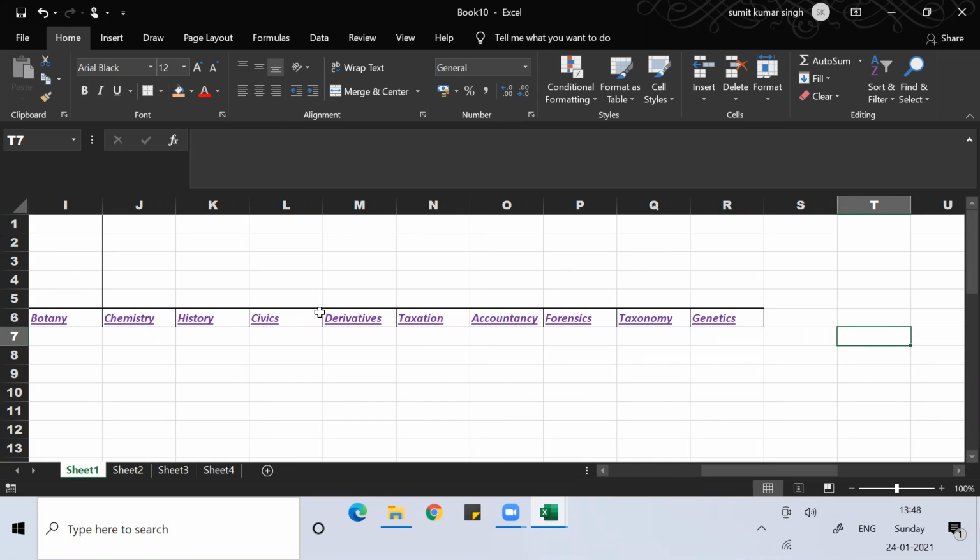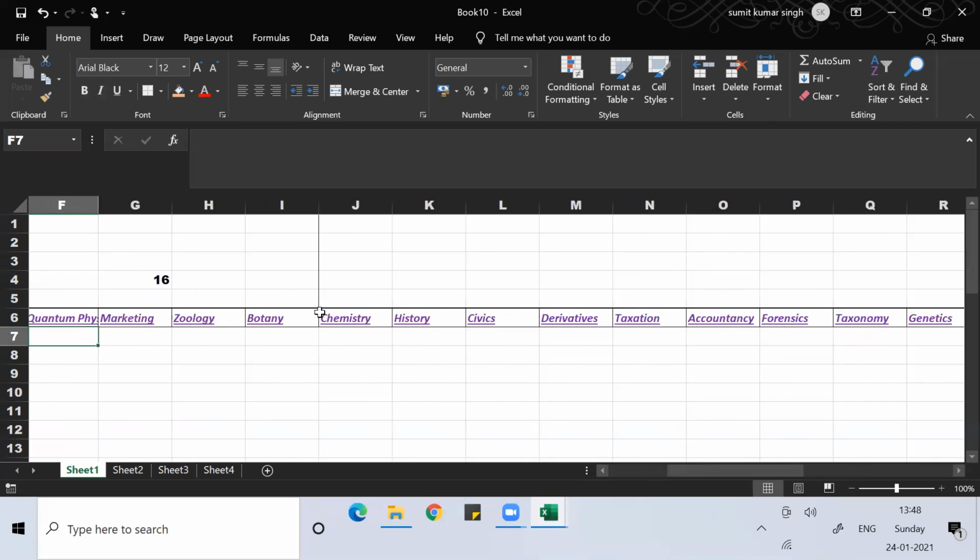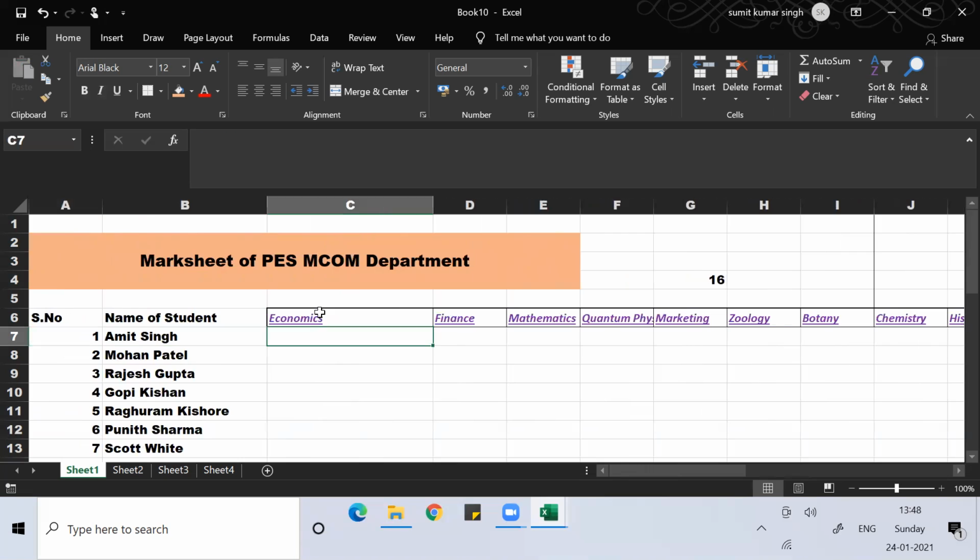So what data should I feed here? Any value from 0 to 100 will work. In reality I want to put dummy numbers here.